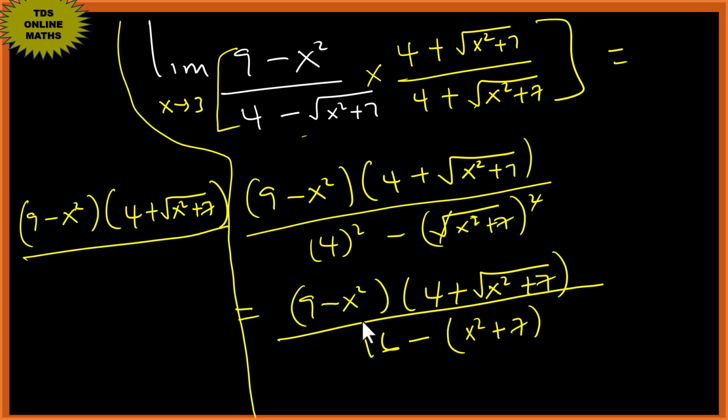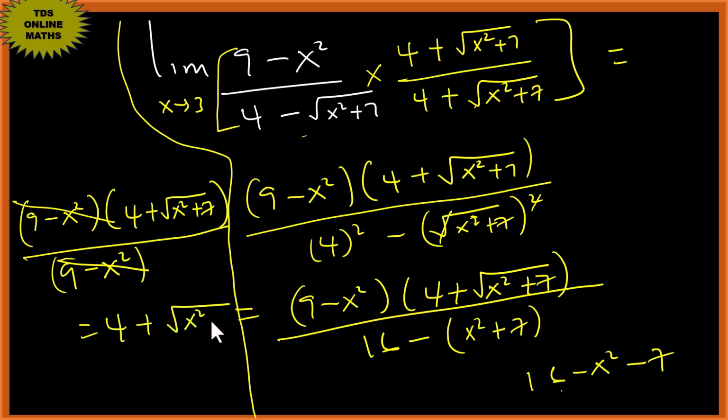So this side will be 16 minus x squared minus 7. So 16 minus 7 here will be 9. So we have 9 minus x squared. Let's observe something here. We can do the cancellation. Therefore, I'll be left with 4 plus